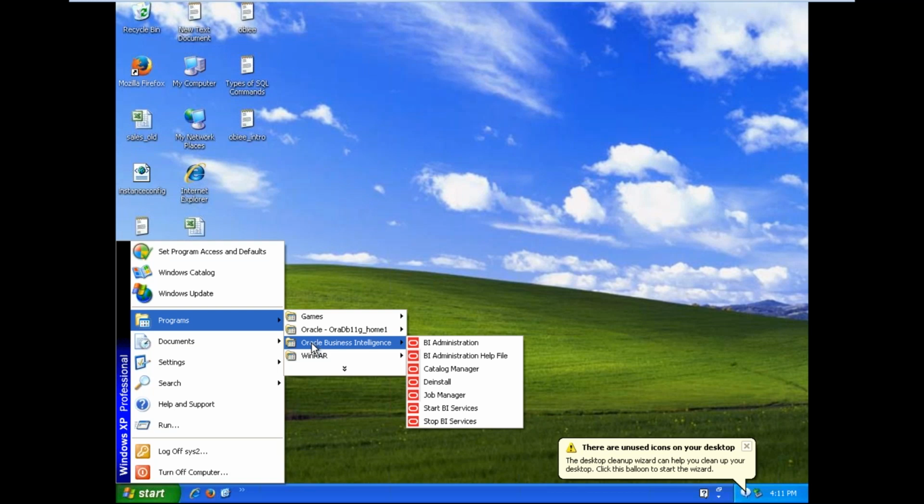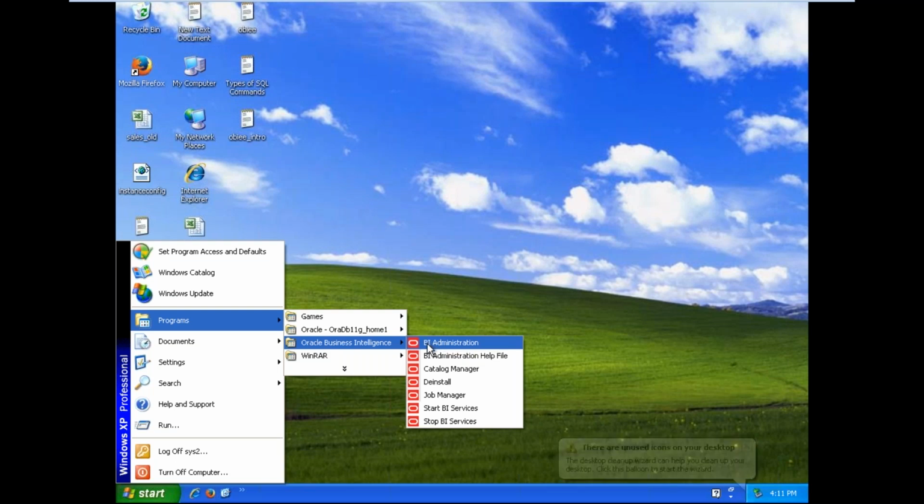If you are working with an operational data source, it contains normalized data, that is ER models, entity relational models. If we are working directly with operational data sources, they have entity relational models and contain normalized data. When we are working with an analytical data source like a data warehouse, we get denormalized data already arranged in analytical format. See here, this is the BI administration tool.